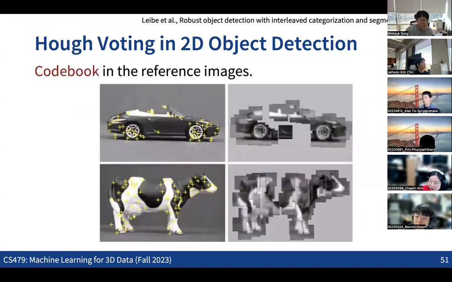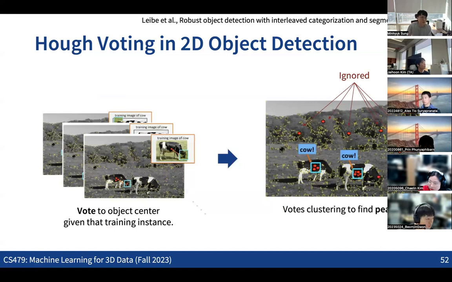So we can basically use the same idea of accumulating all the votes for the centers of the objects, and then do some kind of mean shift clustering to collect the peak points. Then we can see that these peak points become the centers of the objects. But our goal is not just to find the center of the objects. We want to find the entire segment, and these were the bounding boxes for the objects. Then what can you do?